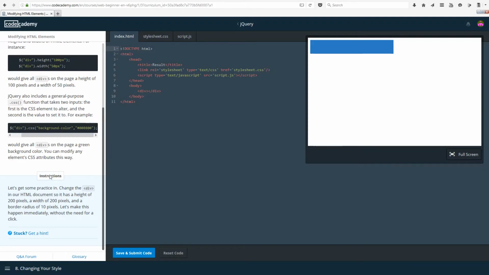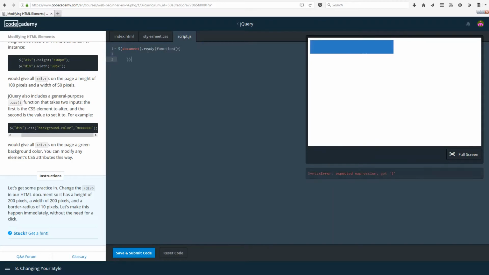Instructions, let's get some practice in. So change the div in our HTML document so it has a height of 200 pixels and width of 200 pixels and a border radius of 10 pixels. Let's make this happen immediately without the need for a click. So, okay, we want to do this then, document and .ready. I wish they just made this in for you. I might actually skip this from now on in the video, because it's kind of annoying to have me type it in. So we have done that, and we want to change all divs